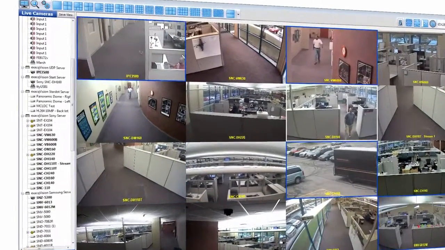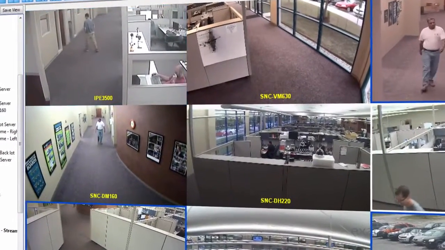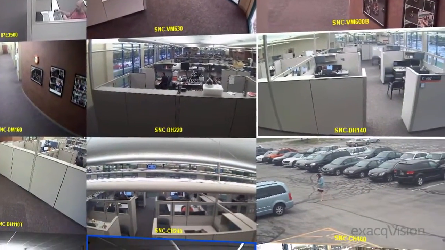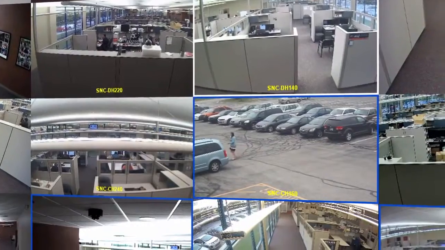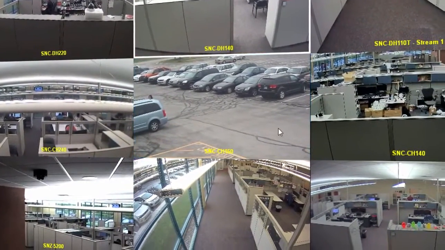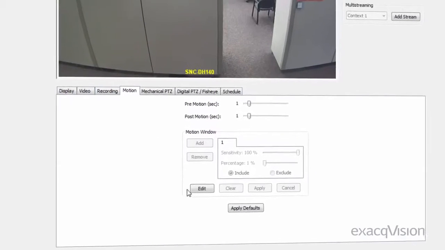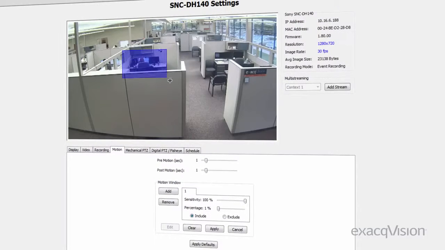exacqVision is compatible with hundreds of cameras that can transmit information about motion in a scene. Using this information, exacqVision can reduce storage demands and investigation times by only recording video when motion is occurring. To achieve these benefits, motion detection has to be configured accurately so that important motion is captured and false positives